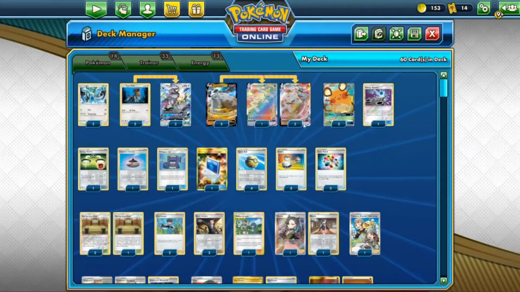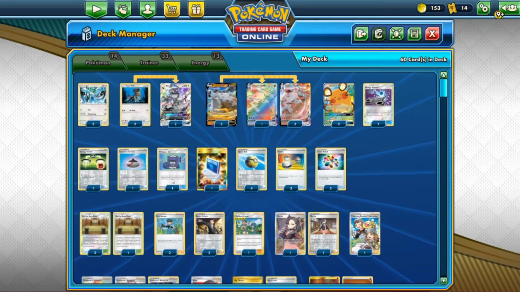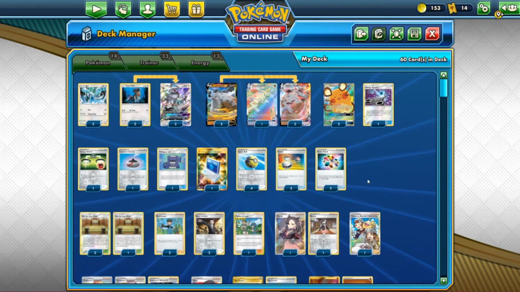And we also have 2 copies of Dedenne. Everybody knows what Dedenne does by now. When you get Dedenne, put it on the bench, discard your hand, draw 6. We love Dedenne. Dedenne is great. We also have 1 copy of Energy Spinner, 1 Energy Switch, 1 Evolution Incense, 1 Pokegear, 1